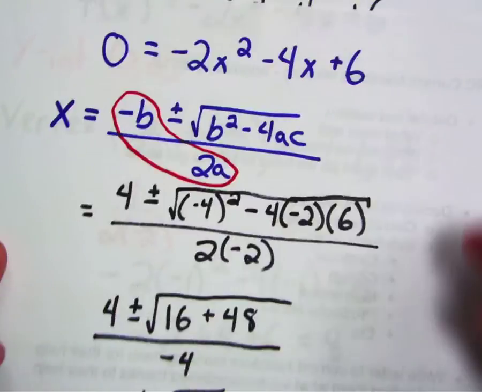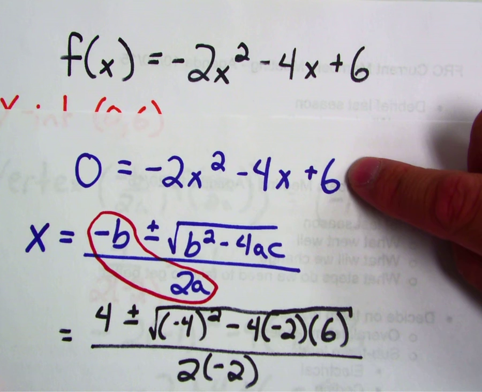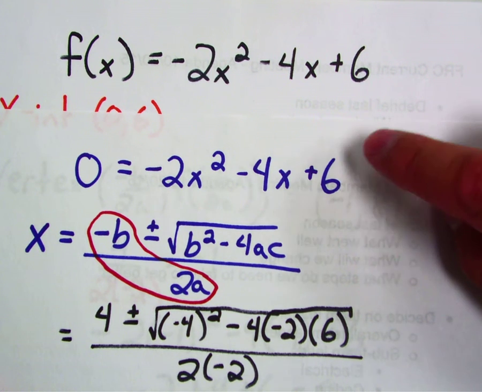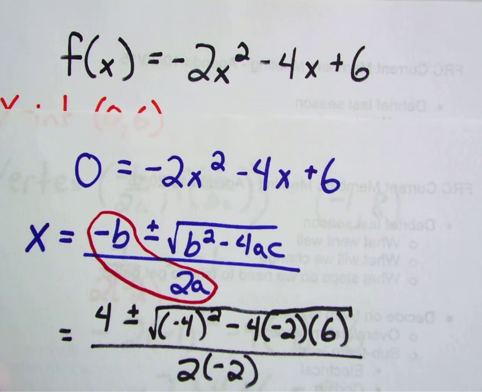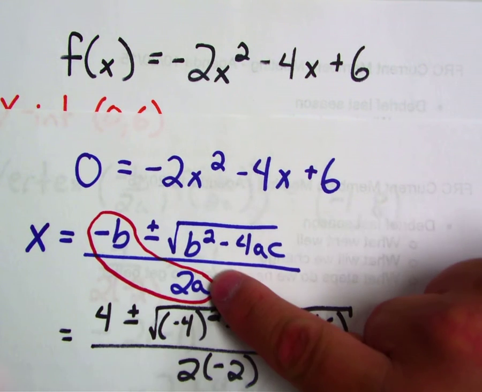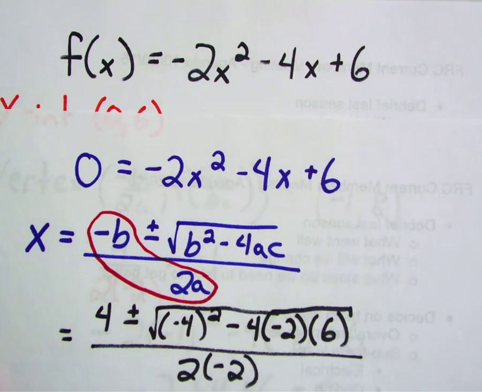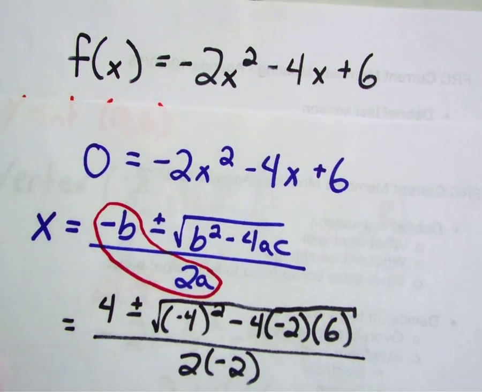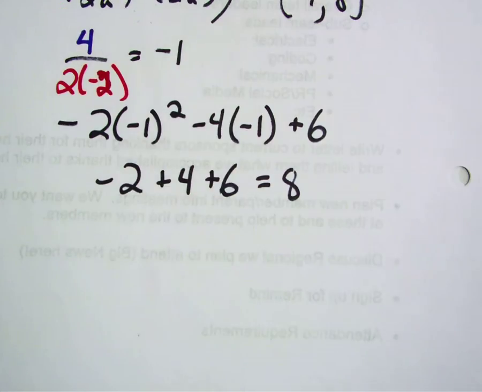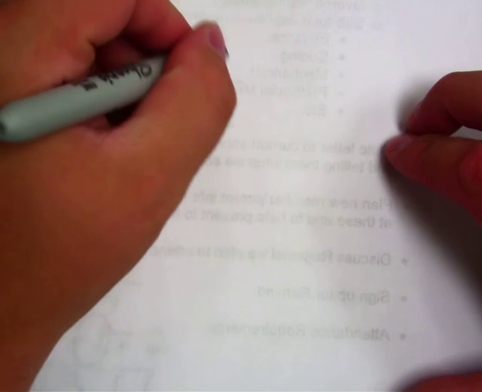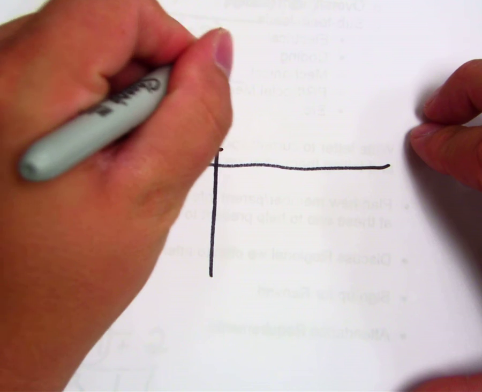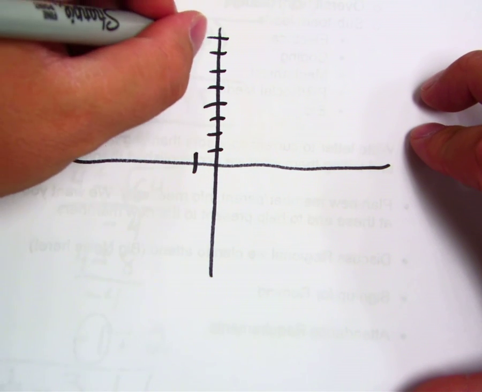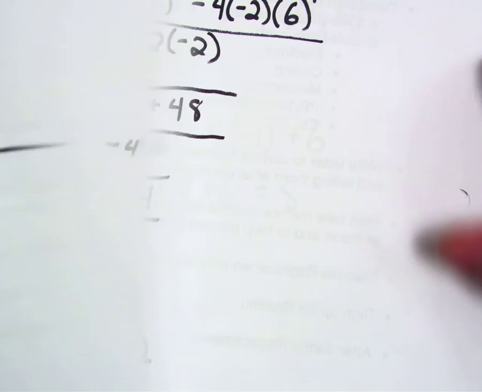Now, of course, as I mentioned, this equation can be solved by factoring, and it can be solved by completing the square. In general, if you can factor it, I would suggest that you factor it. I just wanted to show you the quadratic formula and the fact that we have the x-coordinate of our vertex right there. So let's go ahead and graph that really quick. We're going to start with the vertex, which we decided was (negative 1, 8). And so on a graph, we have negative 1, 8, which would go up here. We said our y-intercept